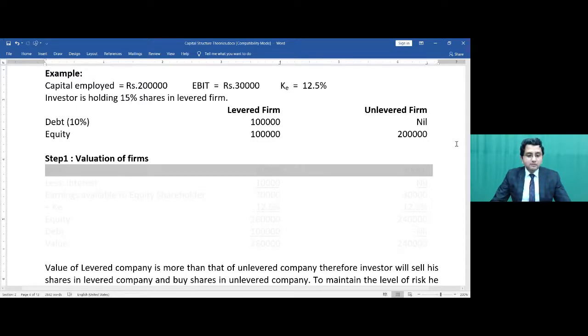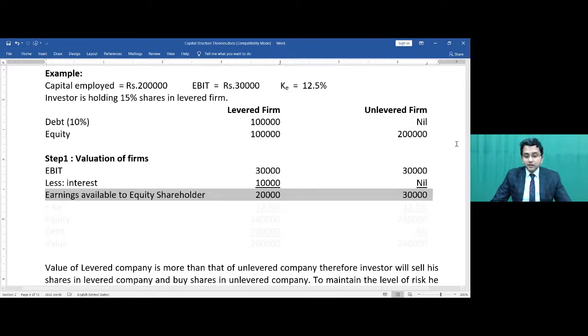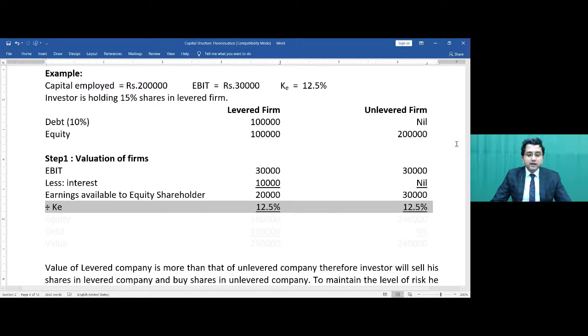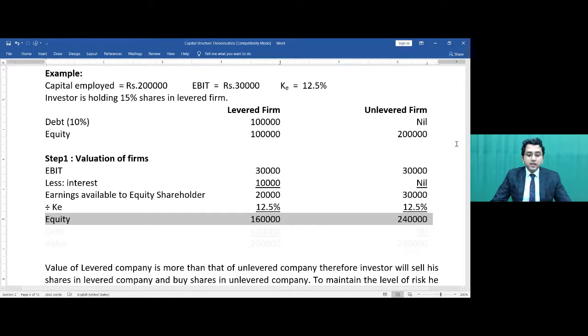How? Let's start with EBIT, which is 30,000 for both companies. Then I'll deduct interest in case of levered firm. 1 lakh into 10%, 10,000 is the interest. In case of unlevered firm, interest is obviously 0. No tax assumption. It is also there in case of M&M. So earning available to equity shareholders is 20,000 and 30,000. Then I'll divide it by cost of equity, which is given as 12.5% in the question. So when I divide it, I'll get value of equity equal to 1,60,000 and 2,40,000